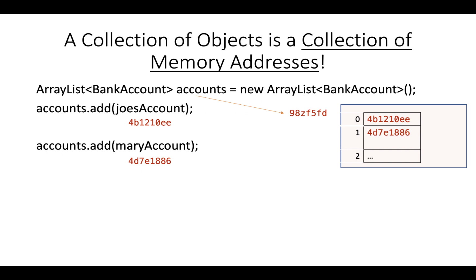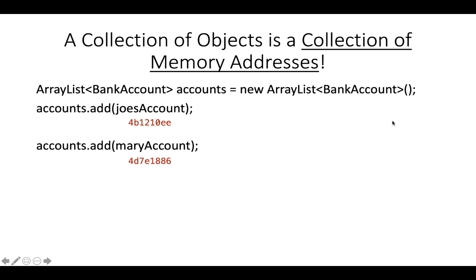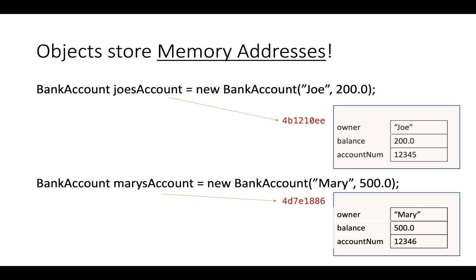This is why in our remove method, what we had to do was loop through each index of the accounts list, right? Grabbing each bank account object out one at a time and then looking at that address to see, let me go back here, to see at that address what their account number is